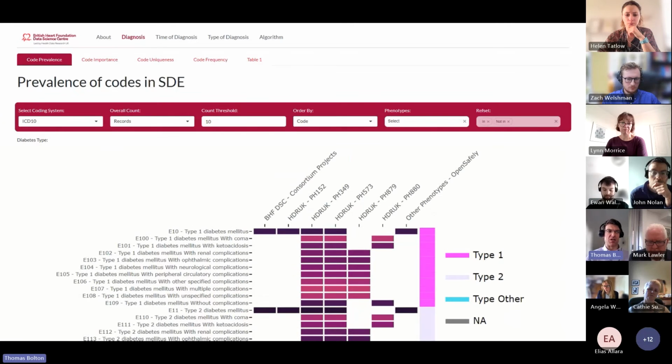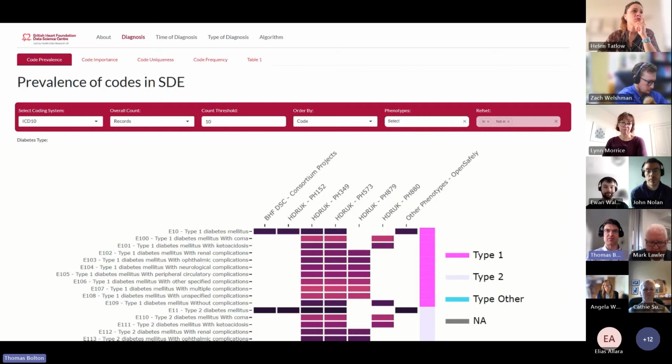And we're now working to extend this tool to allow the comparison of any code list from the HDR UK phenotype library, OpenSAFELY's OpenCodelists, or any custom text or CSV file containing a code list, which will help users determine the appropriate code list for their project and avoid that duplication of effort writing code to wrangle and